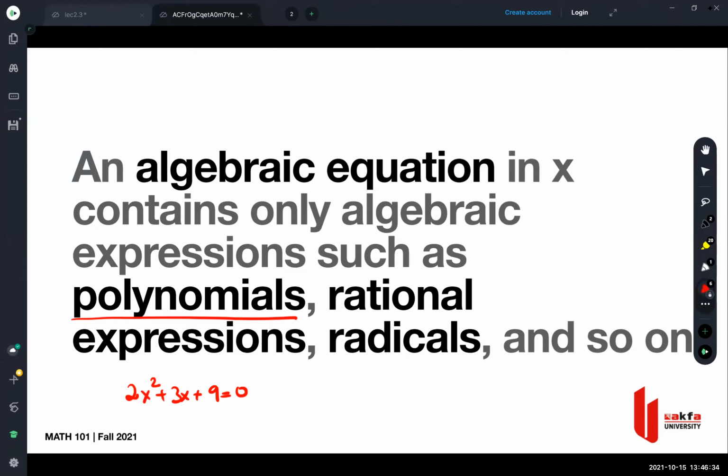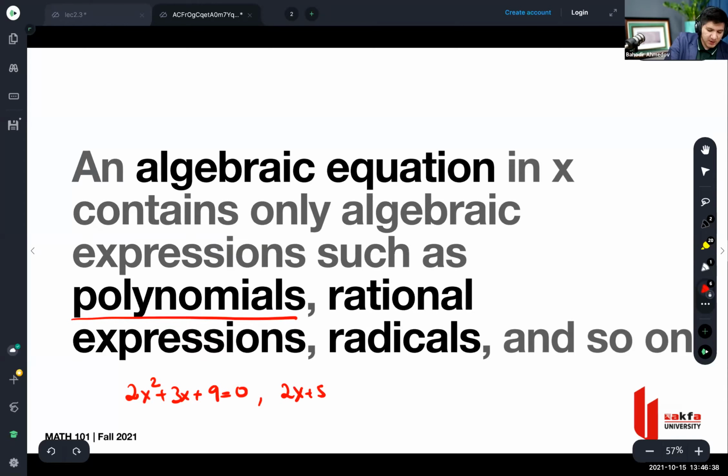Yeah. Okay, it's a polynomial. So 2x plus 5 is equal to 9 is a polynomial. 5x cubed plus x minus 3 is equal to 0 is a polynomial. Then 9x to the power of 13 plus 5x to the power of 11 plus 6 is equal to 0